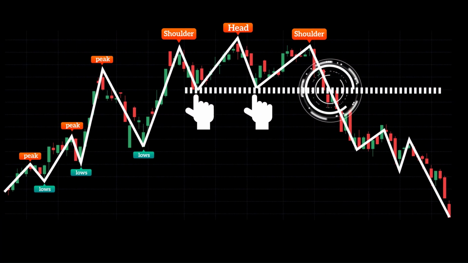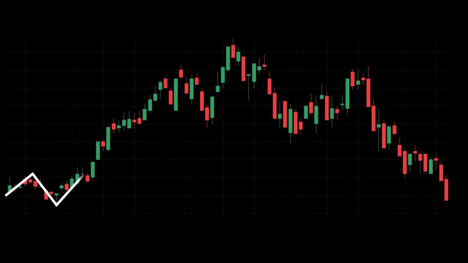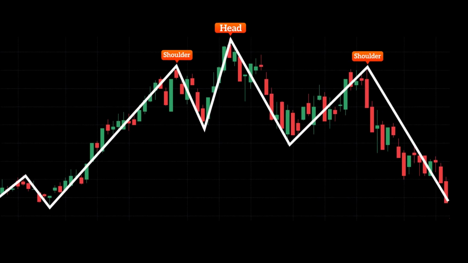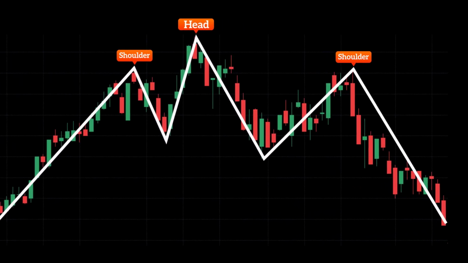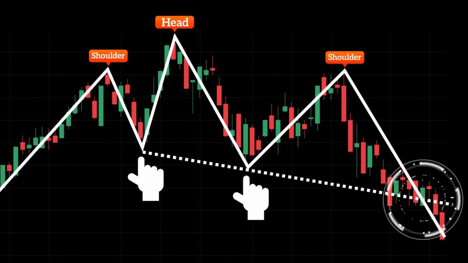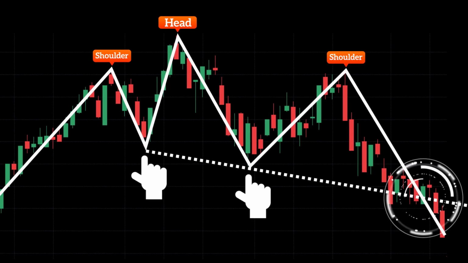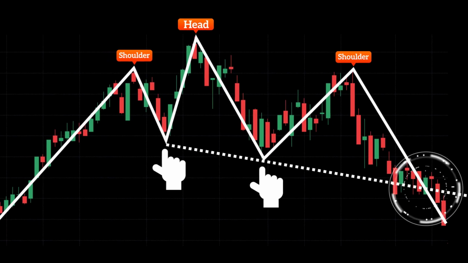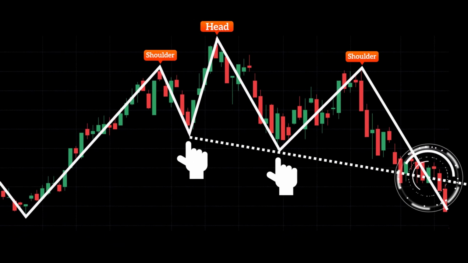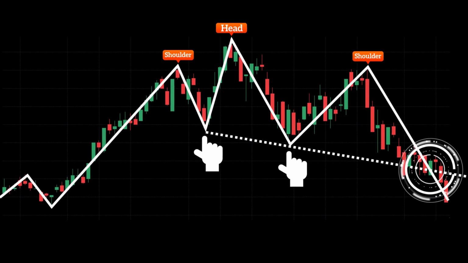There's also a higher quality variation, a head and shoulders pattern with a sloping neckline. It's similar to the standard pattern, but here the price forms a lower swing low after each peak. From a price action standpoint, this is considered a stronger reversal pattern because the price not only makes a lower high, but also creates a lower low, confirming that the trend reversal is fully taking shape, not just giving a